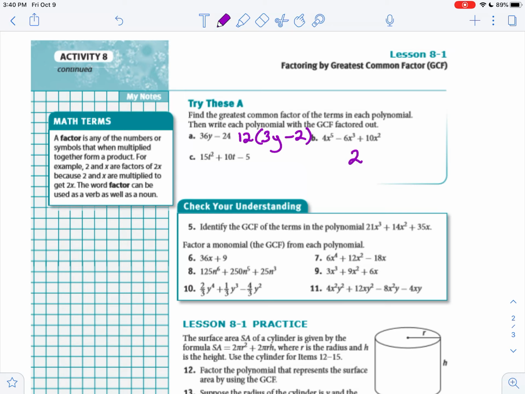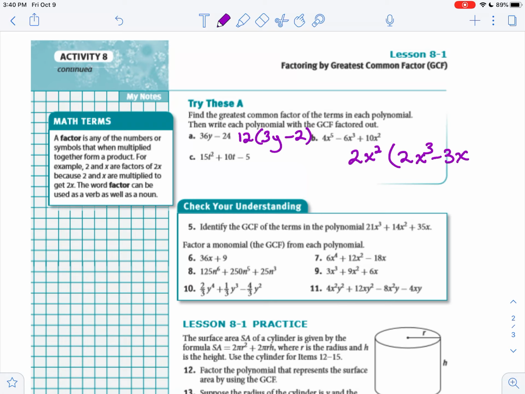Okay, we'll do the same thing with part B. This time we have a 4, a 6, and a 10. So I notice a 2 can be factored out. I also notice that each one of them has at least x squared. So the most amount of x's we can factor out is x squared. And that will leave us with, 4 divided by 2 is 2, and x to the third, since x to the fifth divided by x squared, remember you subtract the exponents,